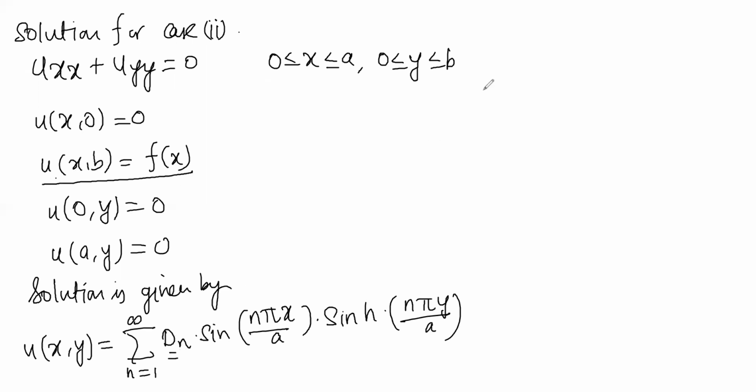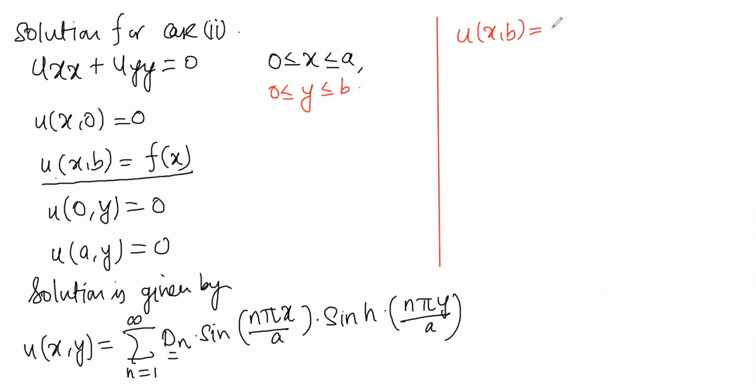So let us find out d_n. Let me change the ink. I'm planning to club this condition together, so I'll write down here, so that I can use this space. Now I need to find out this d_n. I'll use the initial condition, since u(x, b) equals some f of x. So now put here f of x. You get f of x equal to